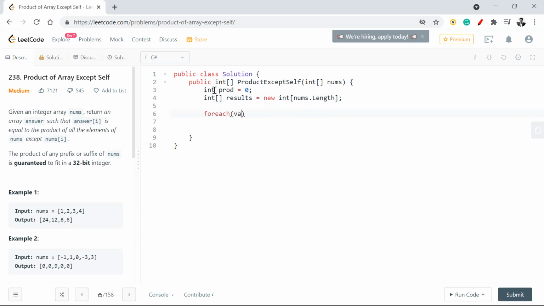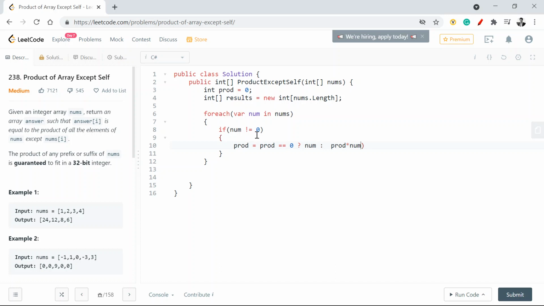So for each num in nums, if my current num is not equal to 0, I'll say my production value will be, if prod is double equal to 0, that means it's the very first iteration, I'll make it equal to num, otherwise make it prod into num.